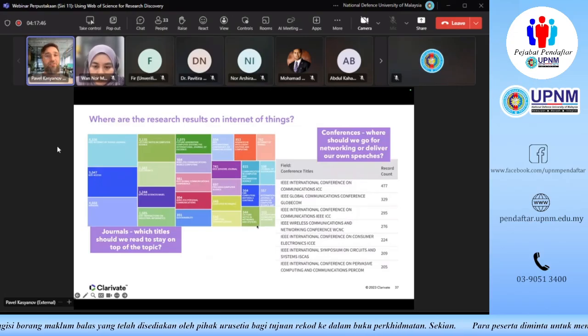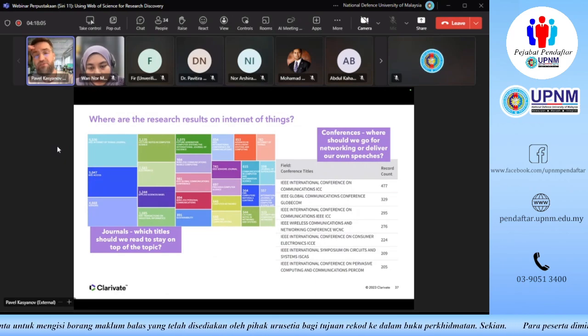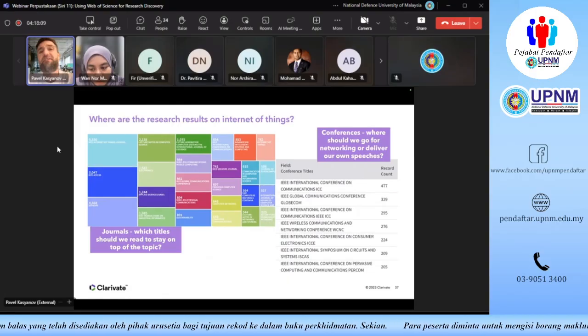We can break these results down by the source titles. By source titles, I mean three key sources that Web of Science indexes. We index journals, we index conferences. You can see them on the right-hand side. We also index books. I didn't add it into this visualization, but you can also break this down by books. But I think conferences and journals might be the most important analysis.